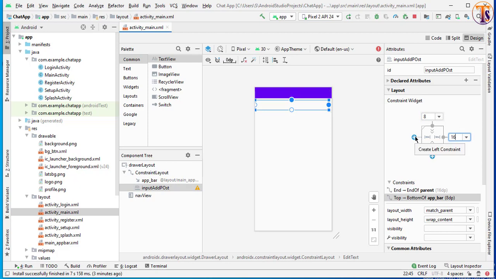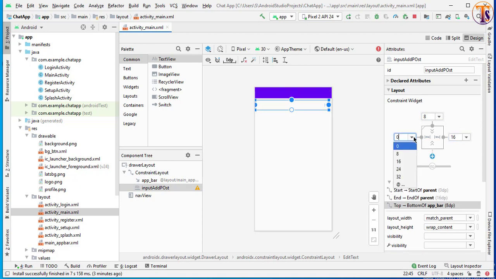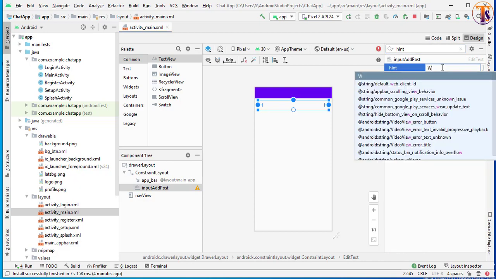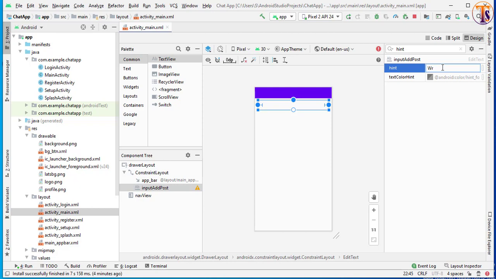Now add the constraint from the left and add the margin from the left is 16 dp. Okay. Now select the hint. I will type here, write something here.